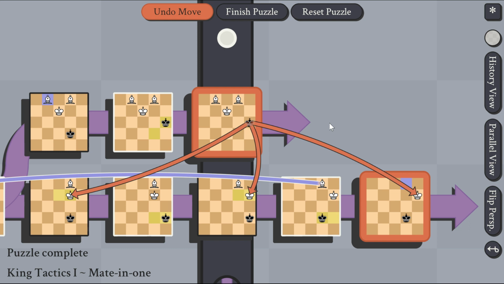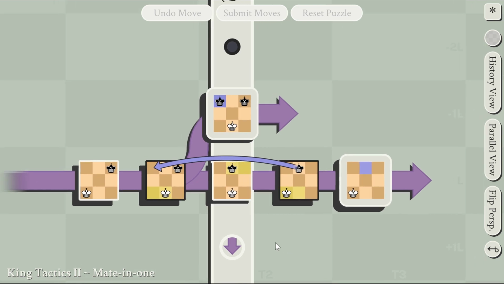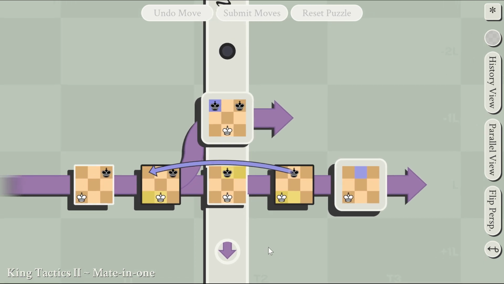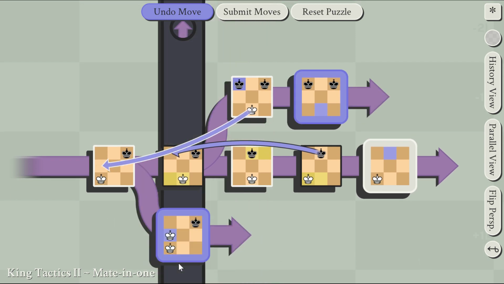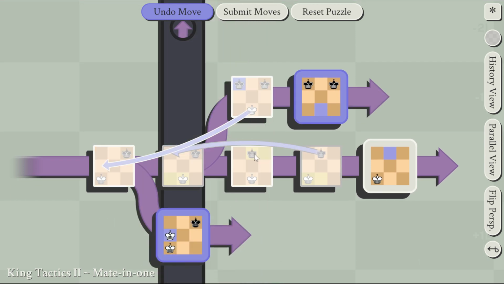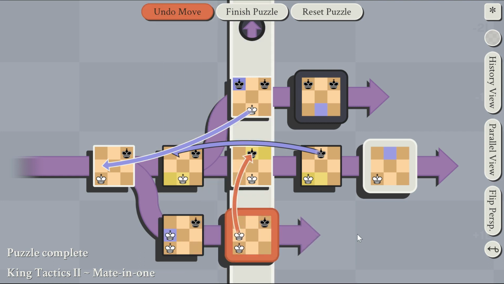So... are there situations where a king can, by moving back in time, create a checkmate against another king, or are there not? Now, I remember the answer to this one, I think. It was like this, but why? Because we're attacking this king. Right? Yeah. So you kind of have to...